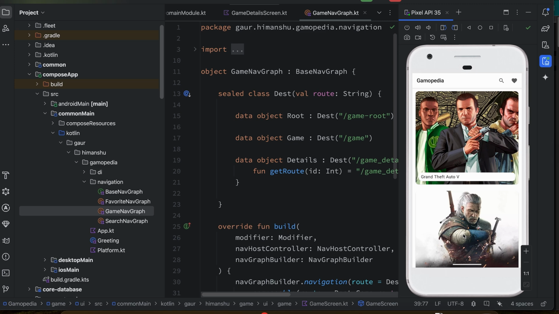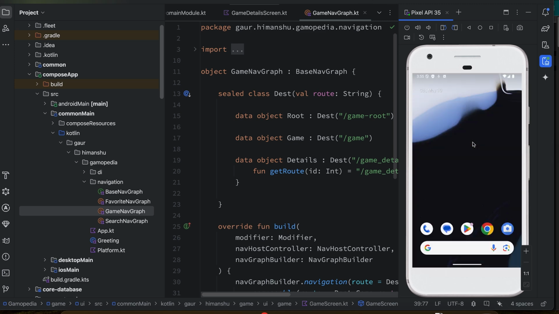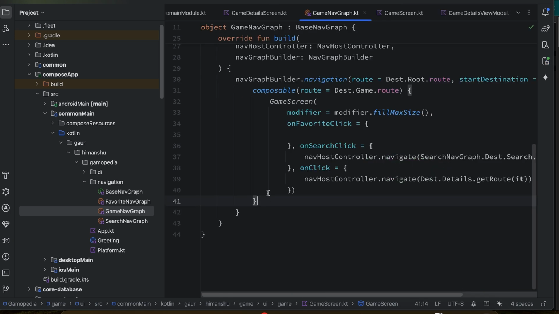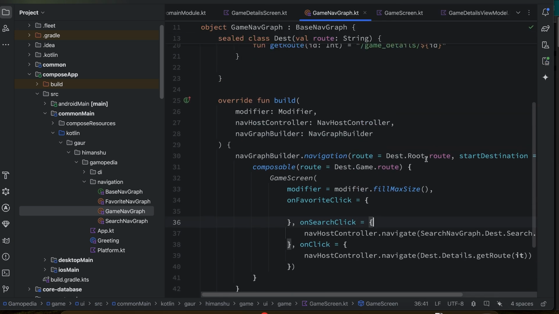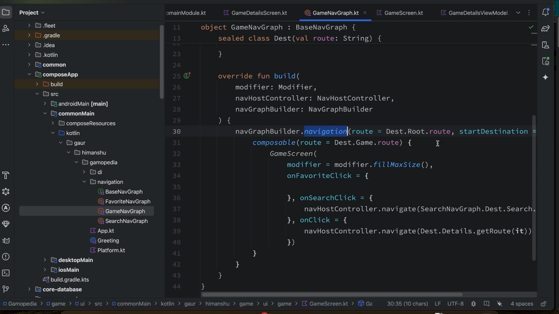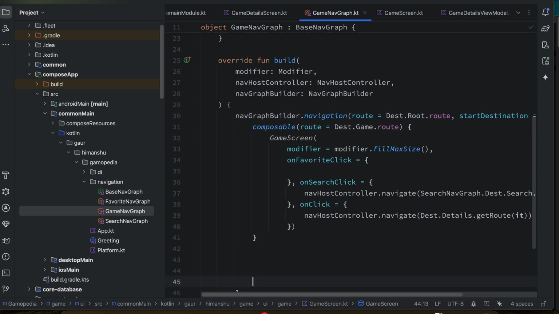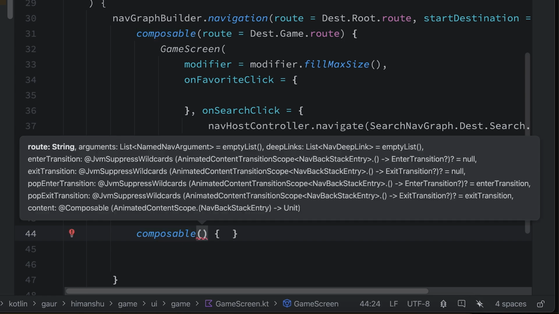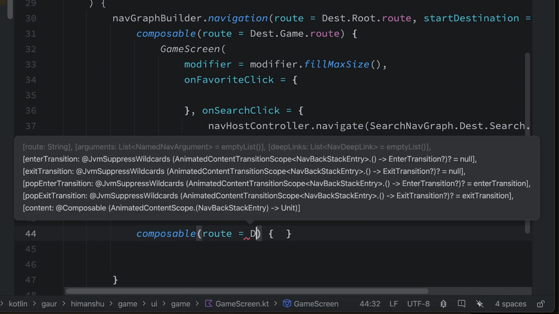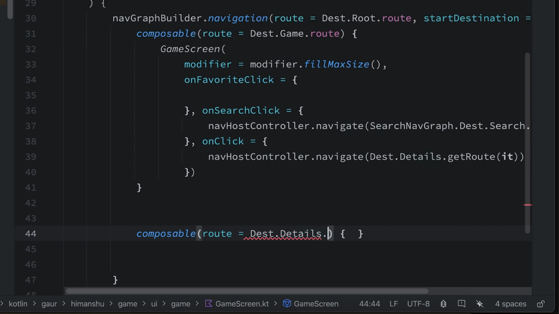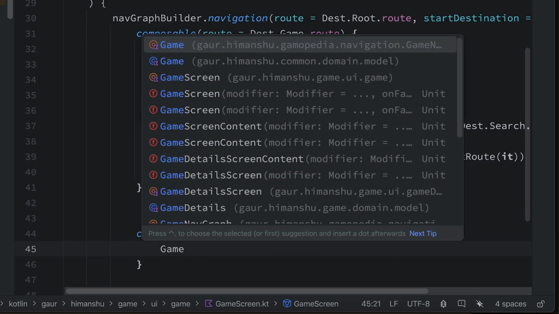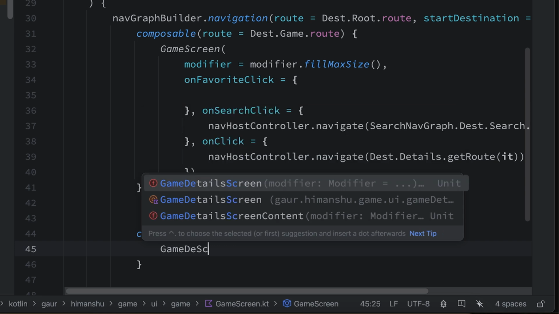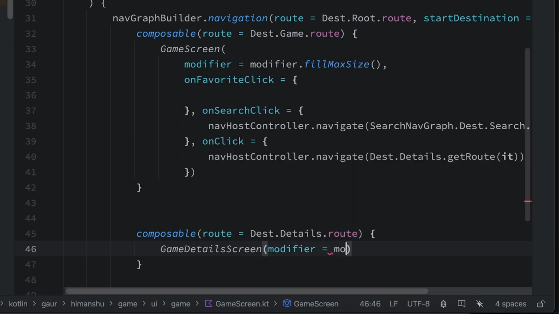Alright, so the app is executed successfully, and when I click on this Grand Theft Auto, alright, so our application crashes, and this is because I haven't attached my screen in my nested navigation subgraph. So let's do that. So in here I'm gonna use a composable, and in this composable I need to pass its route, which is details dot route, and within this I want to use my game detail screen. Pass the modifier,